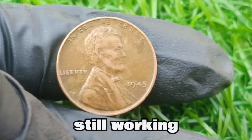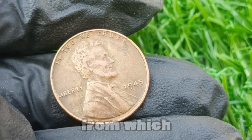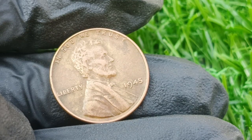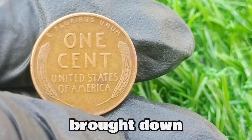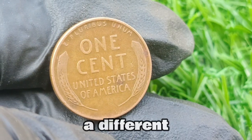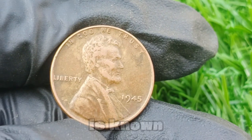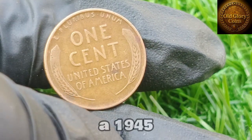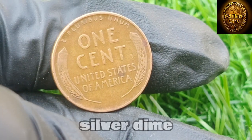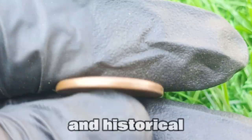Mint was still working through leftover and mixed planchet stocks, the blank metal discs from which coins are made. In some extraordinarily rare cases, a penny die was brought down on a planchet intended for a different denomination or a different composition entirely, creating what is known as a wrong planchet or off-metal error. A 1945 penny struck on a silver dime planchet, for example, would be a coin of such rarity and historical